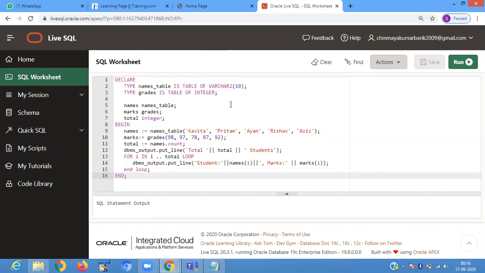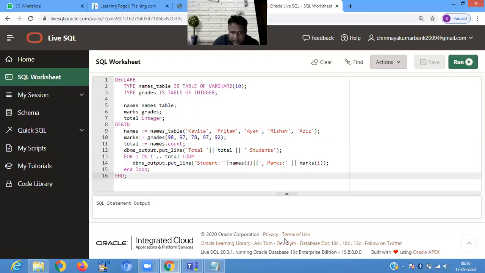The names are Kavita, Pritam, Ayan, Rishabh, Aziz. One is the name table, another is marks: 98, 97, 78, 87, 92. Then total equals name count. It is counting the names.